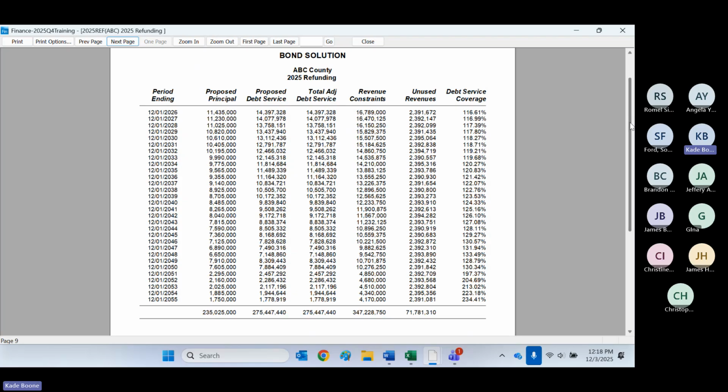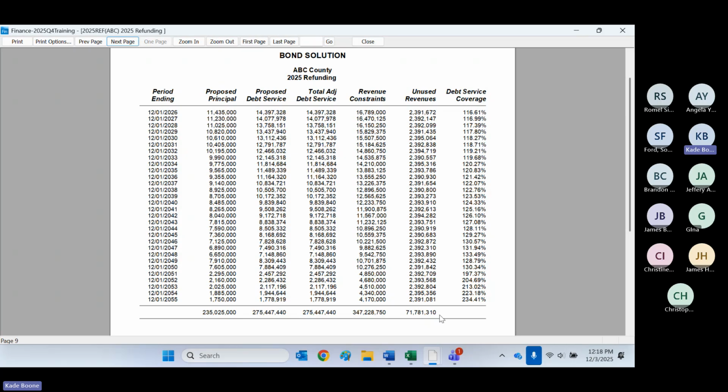Like I showed you before, they didn't select no, they put in their own cash flow. By default, the savings compares the refunded debt, the solution's comparing this cash flow, right? So you have to make changes to make them match in most cases. So new debt, total adjusted debt service given the refunded debt. The difference is savings, unused revenues,